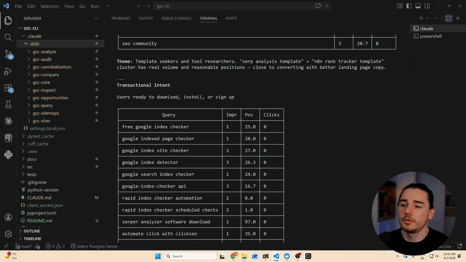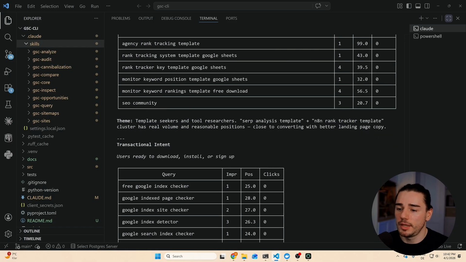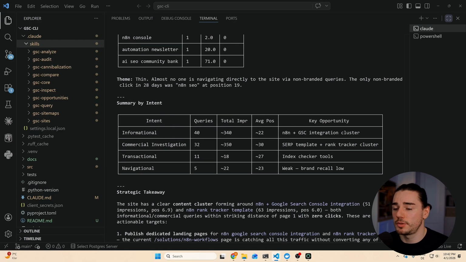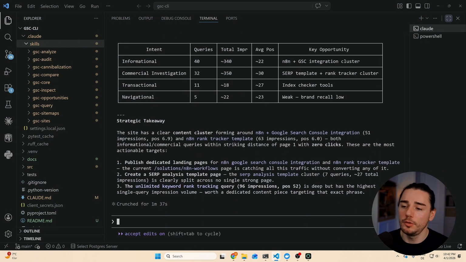Google Search Console. And by the way, it's also worth mentioning that if you ask Claude Code in another language, then of course it will do the search intent analysis based on your target language. So there are no hard-coded values for specific keywords or terms that are, for instance, mapped to English or another language. And of course, there's also data for the other search intents, such as transactional, but also navigational, including again, a few recommendations on what you could do in order to improve the visibility or in general, the performance